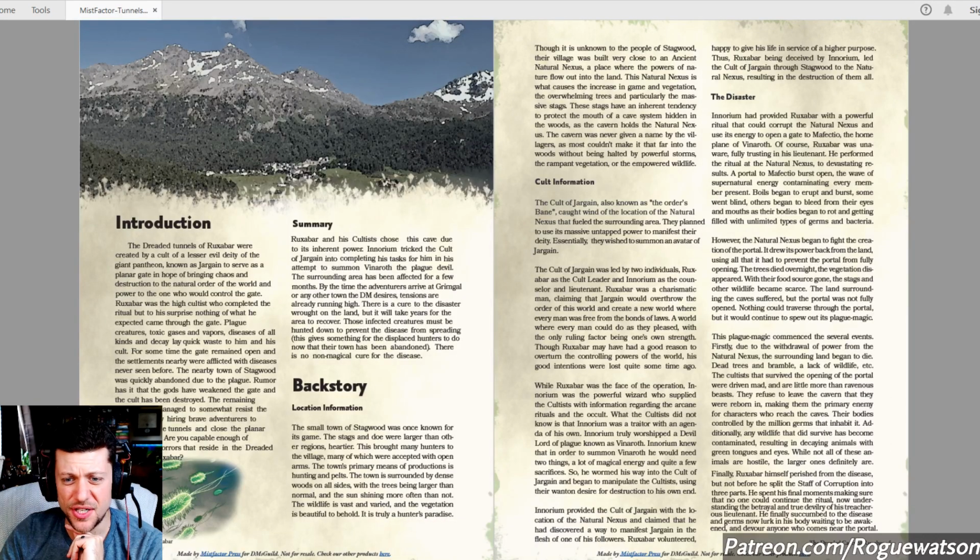A lot of introduction and backstory, considering that this dungeon is very light on actual role-playing and storytelling in the dungeon itself. The backstory is very nice to have. Essentially, this cult of Jargain wanted to usher in their god. Ruxabar was the cult leader, and it was infiltrated by a wizard, Inorium, who wanted to bring in his god, I guess, the plague devil, Vinoroth. And they got the cult together to go to this one location in the woods that had a portal, a link between worlds, and it was